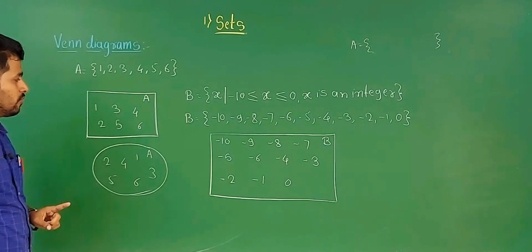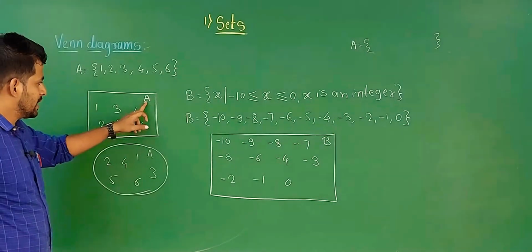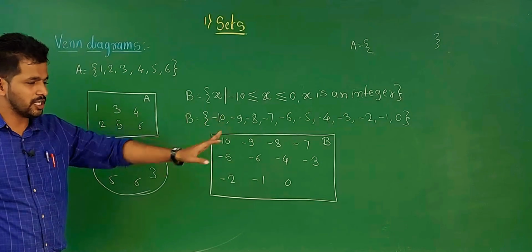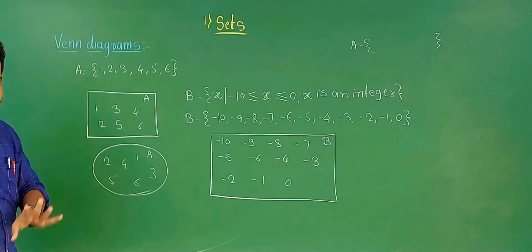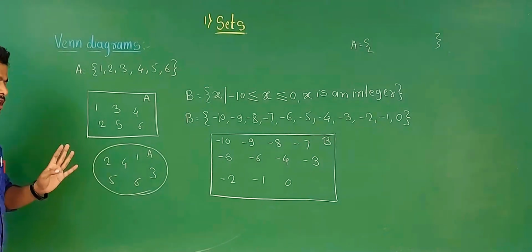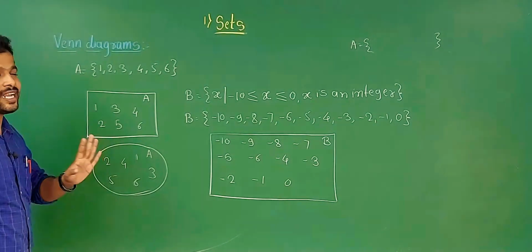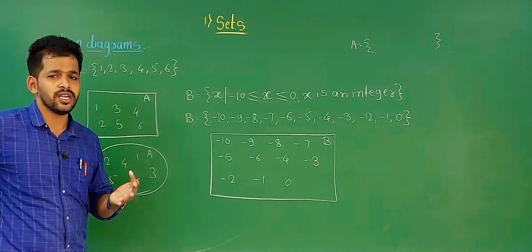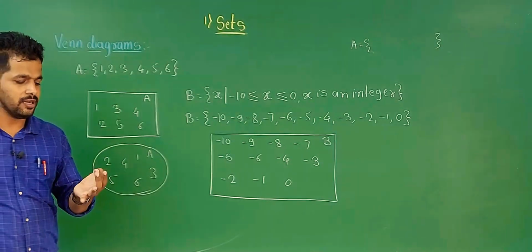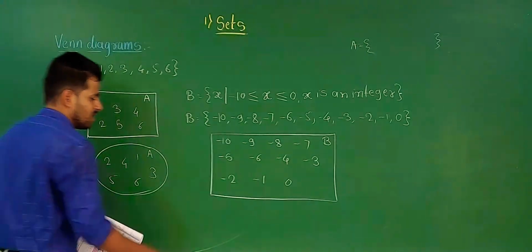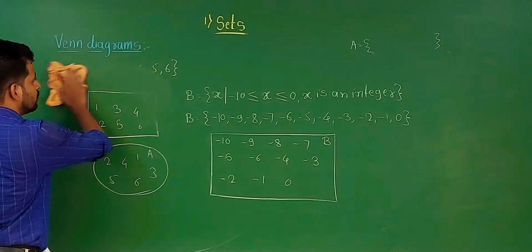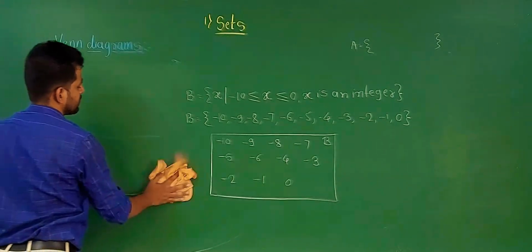The important things: we have to use a closed figure, and mostly in the right corner we give the name of that set. These two pieces of information are important. Mostly we use a standard closed figure, that is square, rectangle, triangle, oval, circle, whatever. Let's see the next one. The next point is subset. The next point in this lesson is subset.